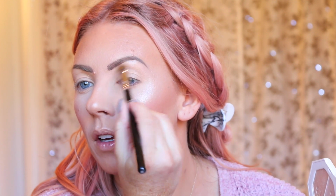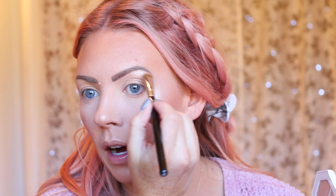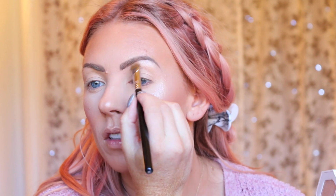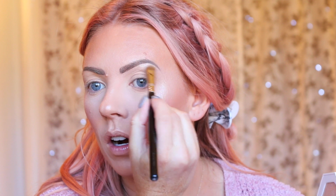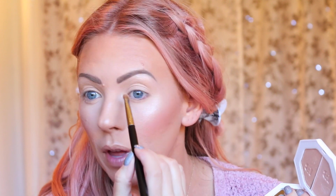The next thing I do is take a Sigma Eye Shading E55 brush, and I go back in with that Fenty Beauty highlighter, this one right here, and I take the subtle side and put that up on my brow bone. That also helps soften the brow just a little bit so it's not so harsh. Then I take the sparkly, shimmery side and